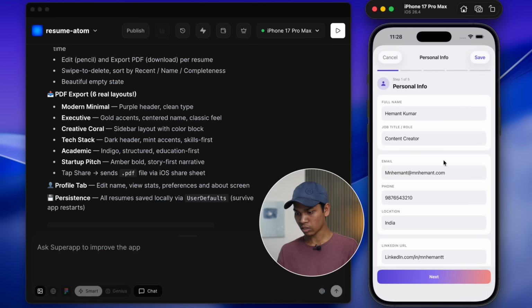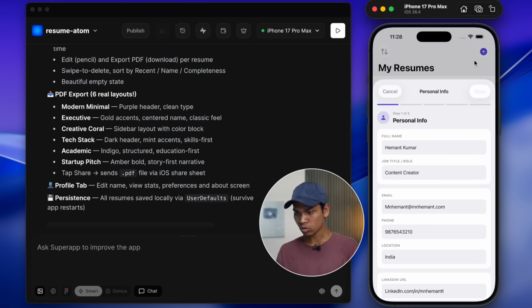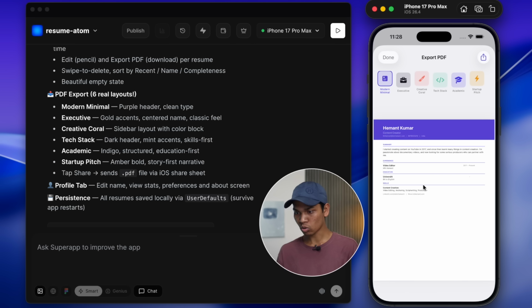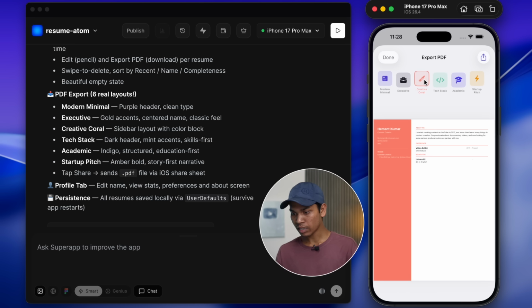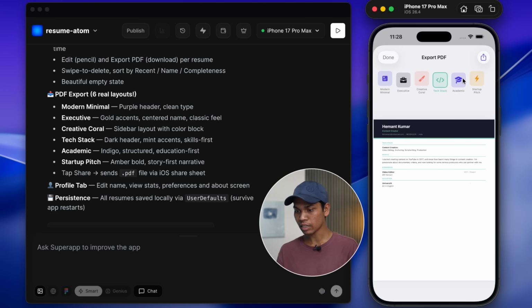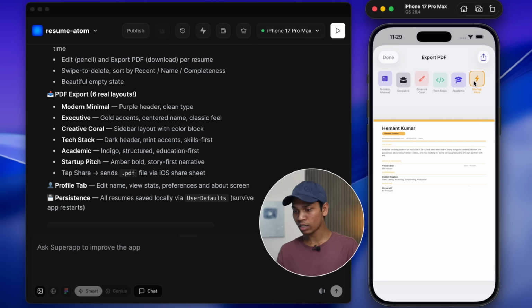So I am just clicking here, so you can just edit any info. Now the resume is being shown as a preview. You can see here are some categories like some templates. Currently it is modern, minimal, then there is executive template, then there is creative coral template, then there is another template. This is a very good feature, like you can just type your details once, and then you